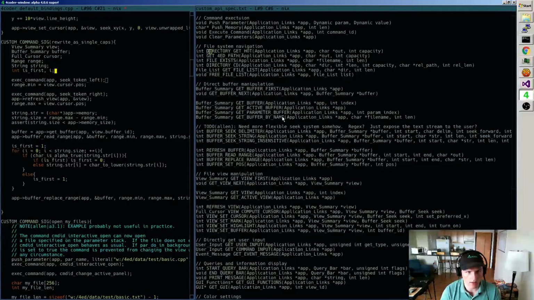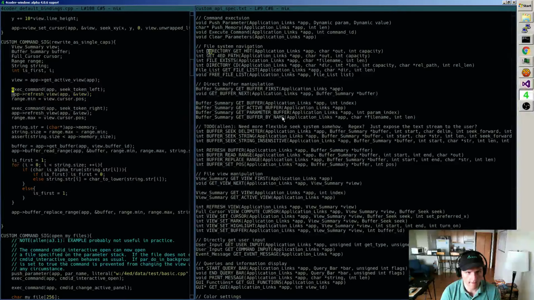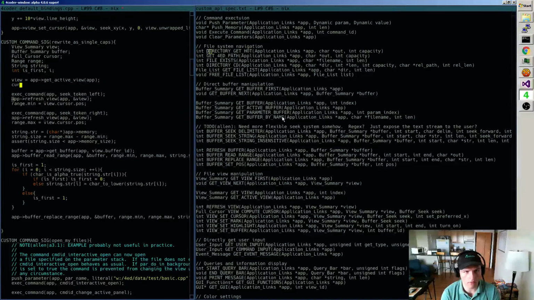I'd like to get the active view right away and then refresh the view, and in there I'd like to do cursor equals view.cursor, and then it'll move around. But then what I can finally do is restore the cursor to its original position.